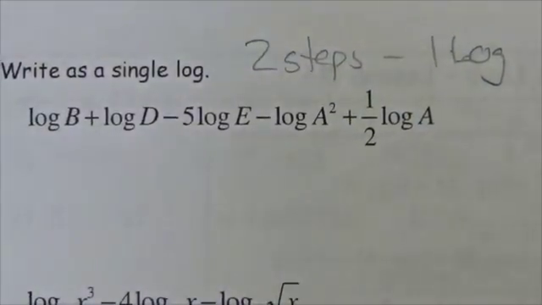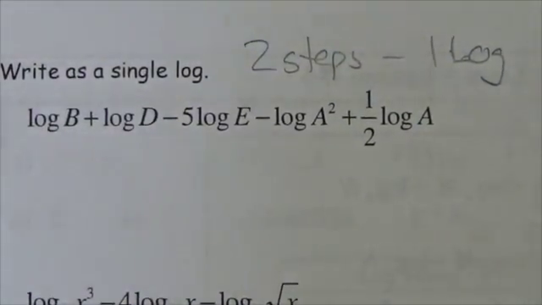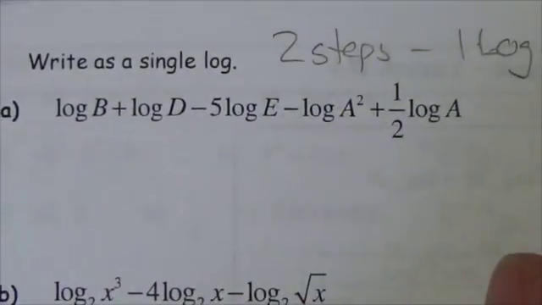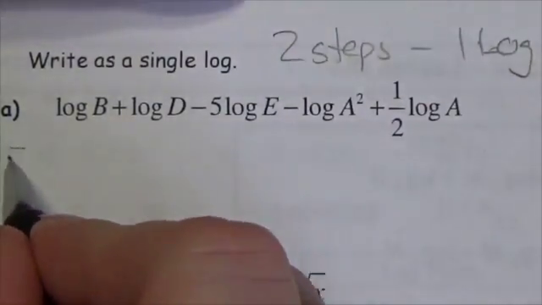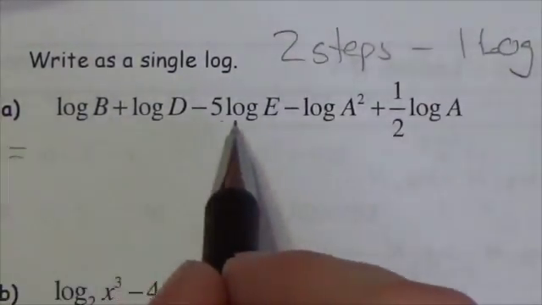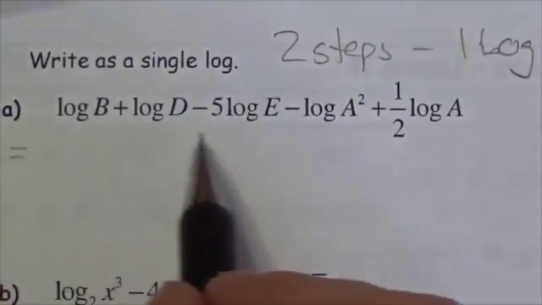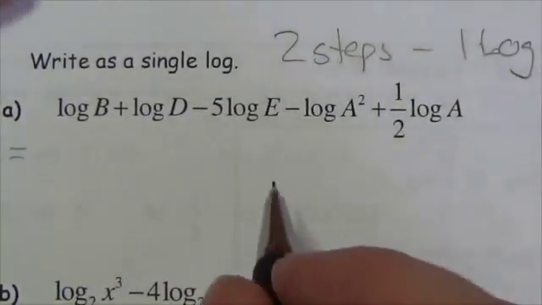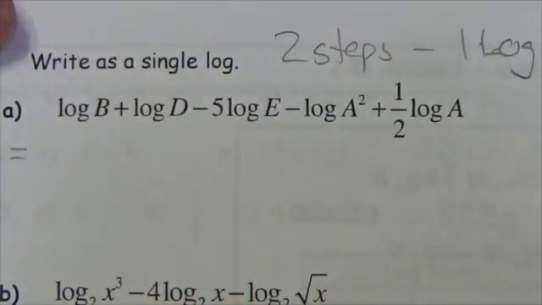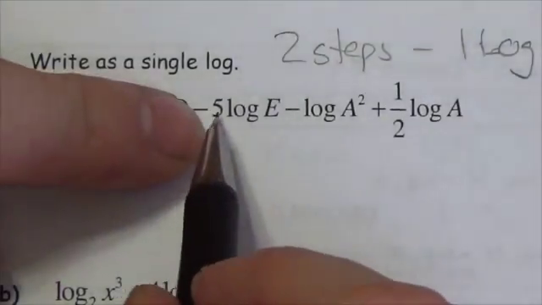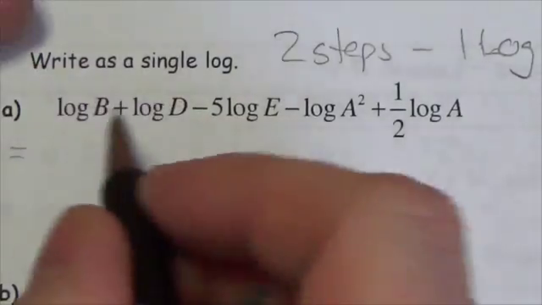I've already kind of hinted at what one of those steps should be, I should say. But now that we've gone through the power rule, the other step is available for us to use here. So when I take a look at a string of terms like this, all with the logarithm in it, and I'm supposed to put them together, the first thing I'm going to do is move up the coefficients into exponents. So I'm going to move that 5 up, I'm going to move this 1/2 up,